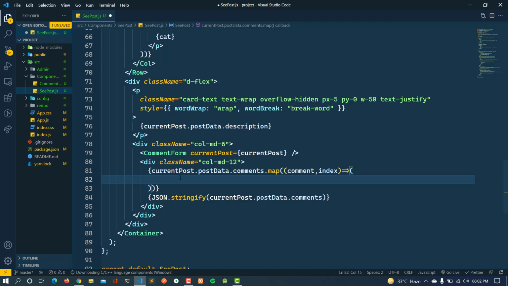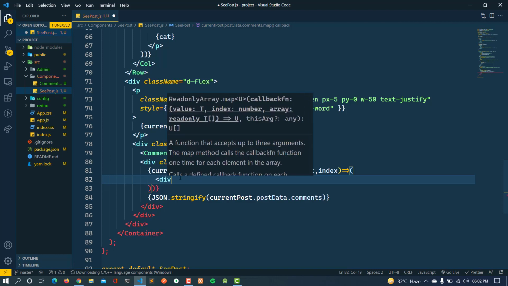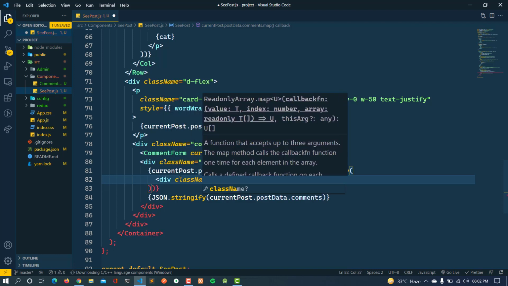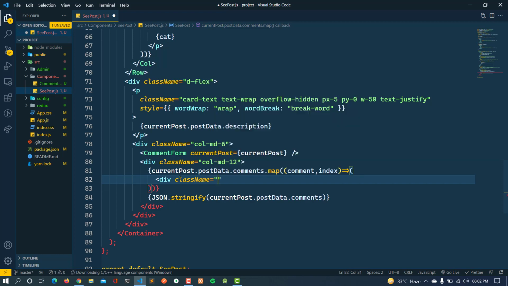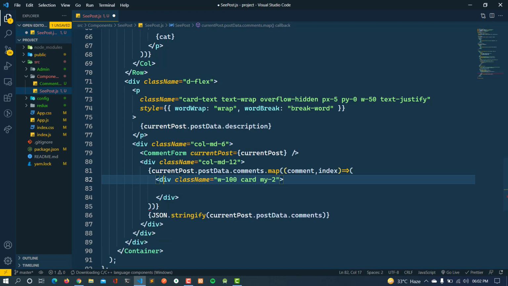So here is the main division, and its class name, let it be w-100, and it will be card, and my-2, and then it will also have the border, and shadow we will see later.